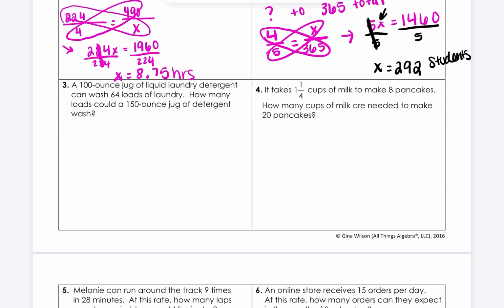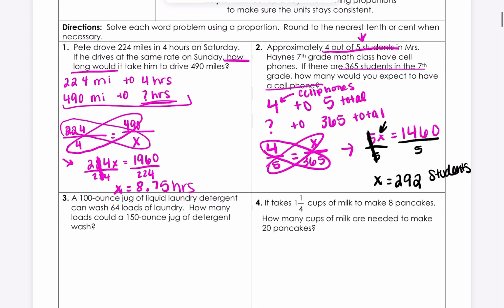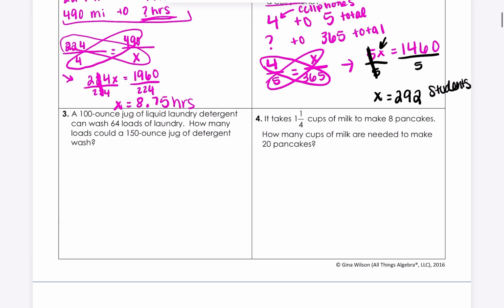Let's go ahead and do number 4 this time. So when you guys are given fractions in your problem, I would recommend to just switch them over to decimals, and also make sure that you're reading the directions, so then that way you know what exactly you should be rounding to. So if I look at my number 4, it says it takes 1 1/4 cups of milk to